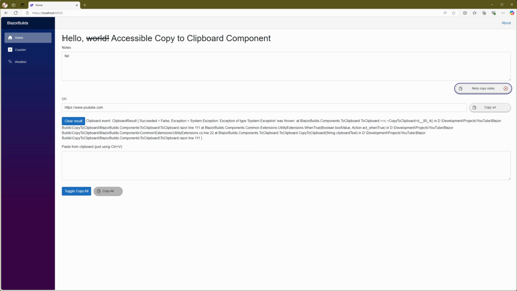Visually, the button's text changed to retry copy notes, along with an icon indicating failure. The icons also have component parameters with the defaults currently in use. This time the screen reader announced copying notes failed, please try again. And as the button's accessible name changed, if the user navigated away and back again without making any changes to the notes field, the screen reader would announce retry copy notes button to inform the user that they have not yet copied this field. We could have used an aria-label so the button's accessible name was always copy notes,